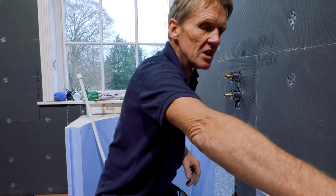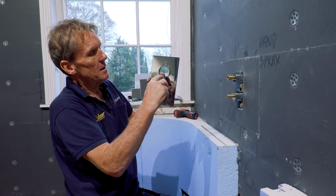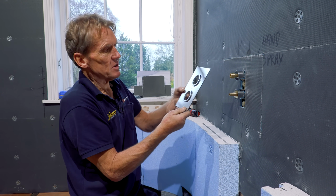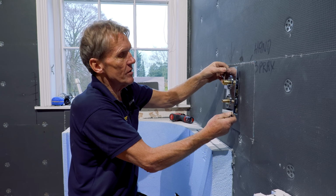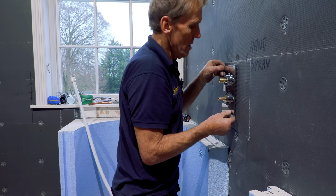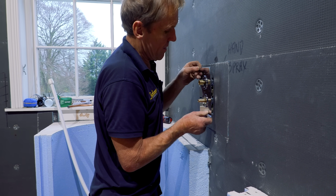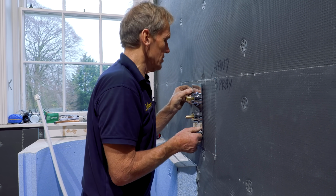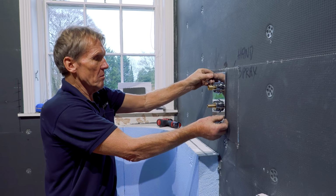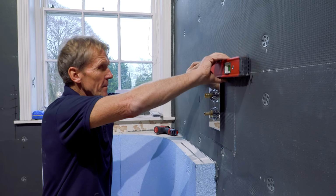Now, when I use these cover plates, when I'm just doing trial fits, I actually take that O-ring out, because that saves you having to slide it over and use silicone lubricant to slide it over. So with those rings out of the way, I can just put it on. And the reason I like to do that is because I'm nervous. I want to know that it fits, and that once that's on there,